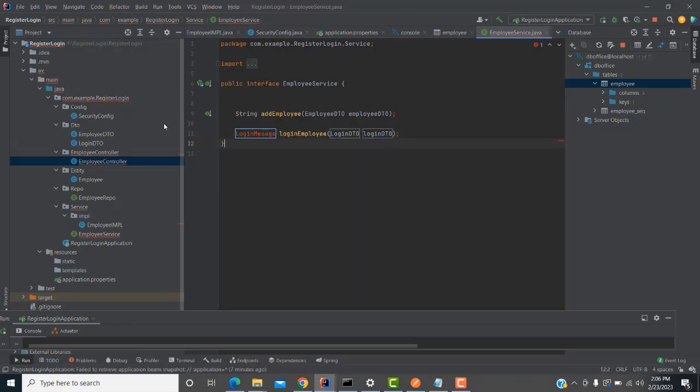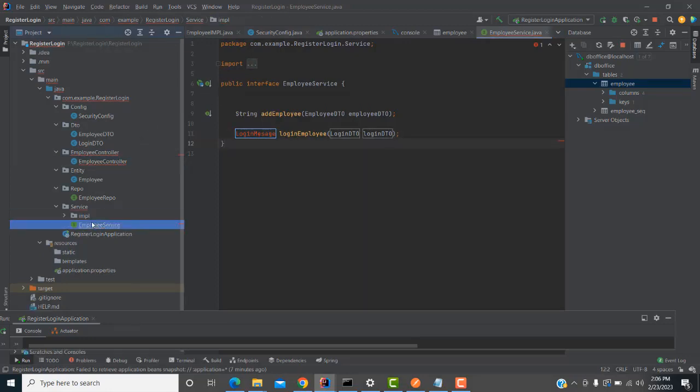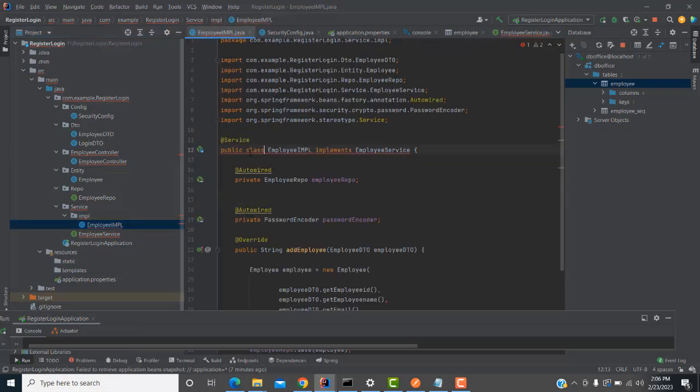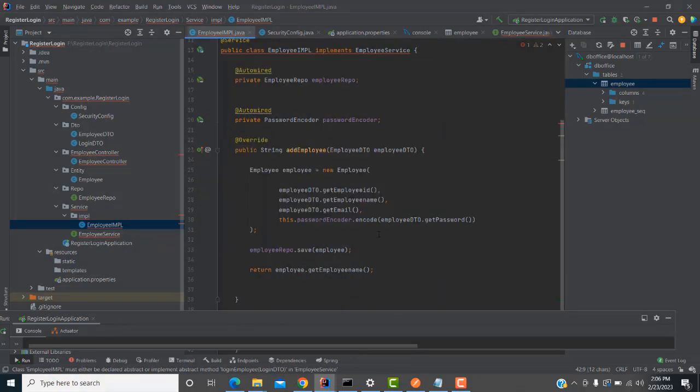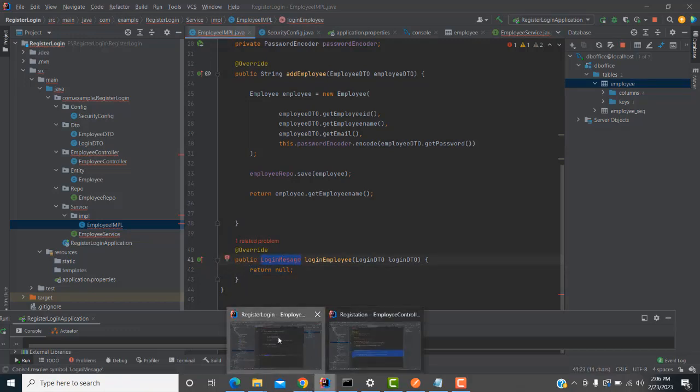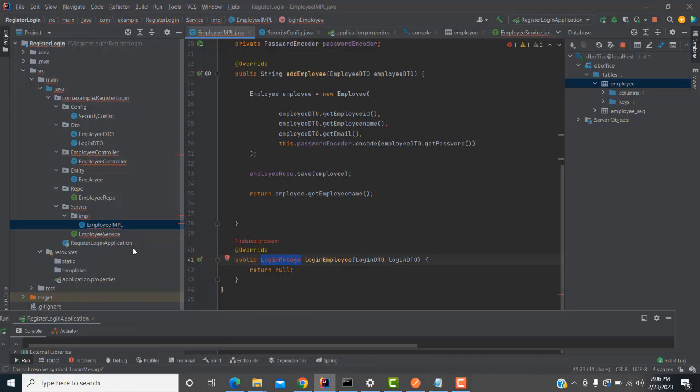Now what you are going to do is go to the IMPL section. You have to implement it. Click here, implement the method. Click, the method will be imported successfully. Now here we have the login message. The message will be displayed. So we have to create simply